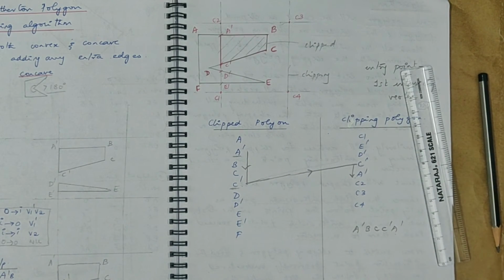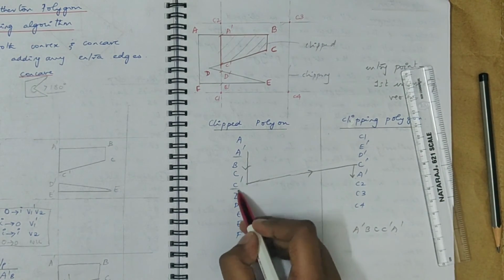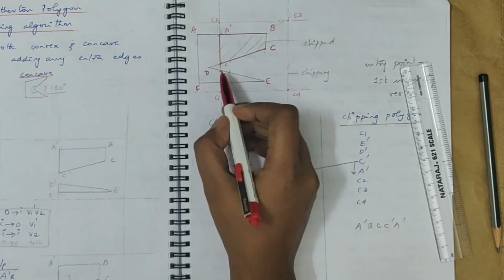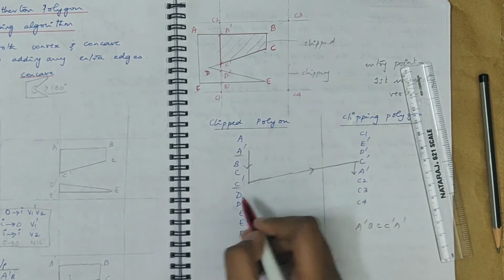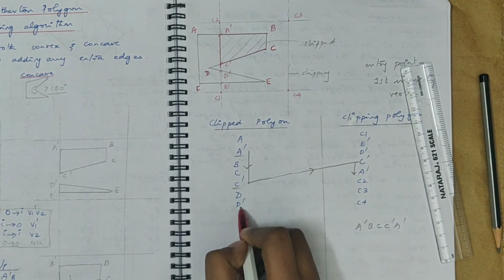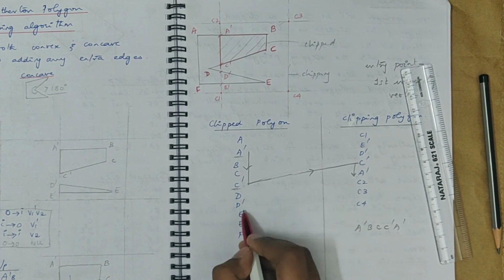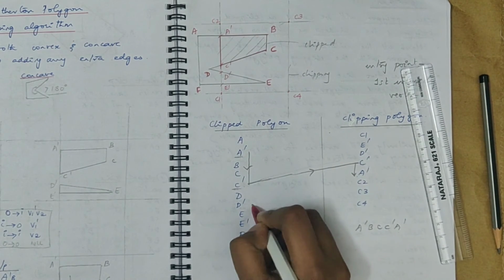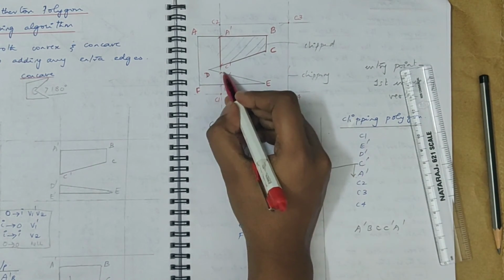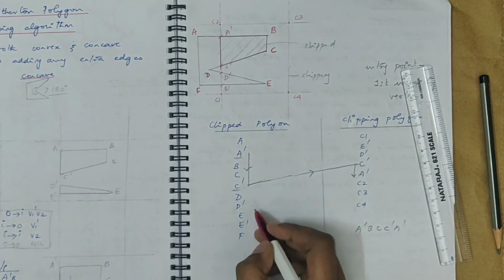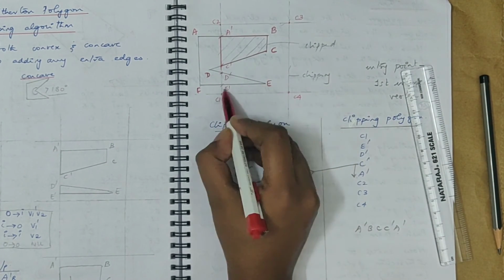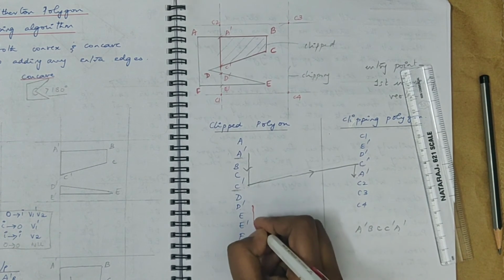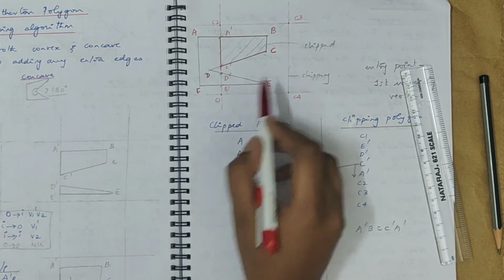Now again what you do is you do the same step here. You start with the next intersecting vertex. So the next intersecting vertex, you start here. So you will see here D dash. D dash is the next intersecting vertex in the clipped polygon. So again you have to switch back to this list, the clipped polygon list. Now you follow this list until you get the successive intersecting vertex. Okay, so D dash, E dash is the next intersecting vertex. So you start from D dash, E and E dash.